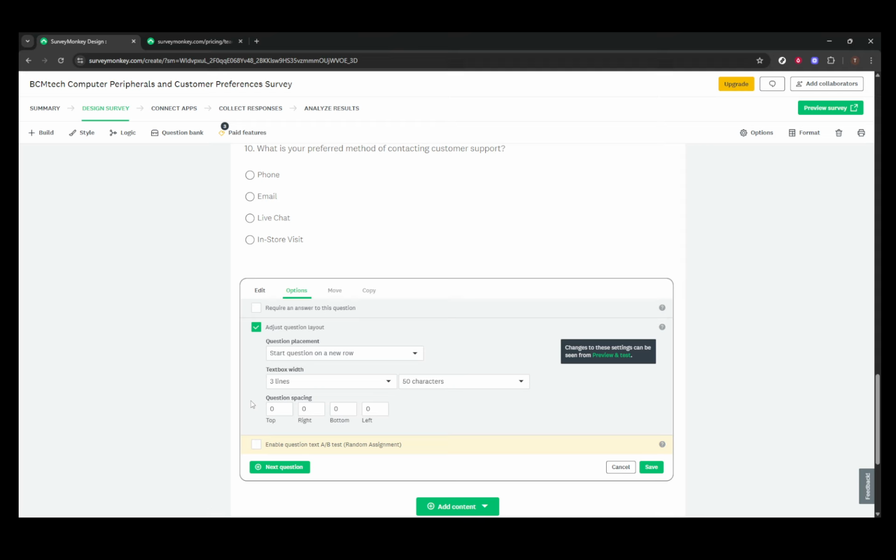Providing this extra space helps ensure that respondents aren't hindered by a cramped text box and can freely provide the comprehensive answers you're looking for. Increasing the size of these boxes can significantly enhance the user experience by making respondents feel more comfortable when entering lengthy text. It's these small adjustments that can improve the quality of the feedback you receive, ultimately benefiting your survey results. That's it. By following these simple steps, you'll be able to adjust the size of your comment boxes, paving the way for more detailed and useful responses from your survey